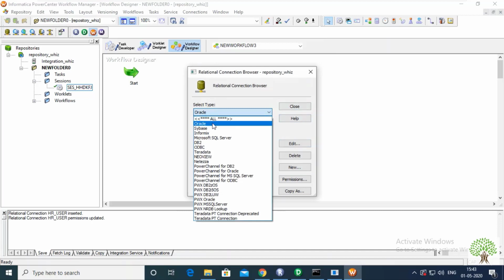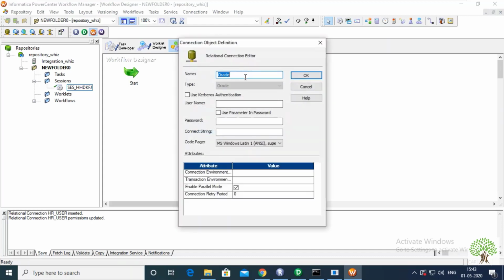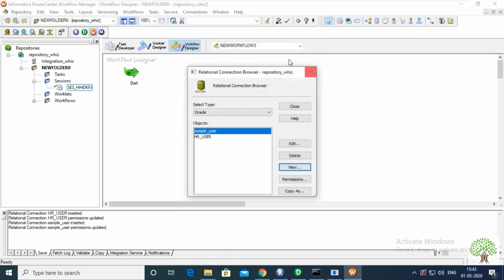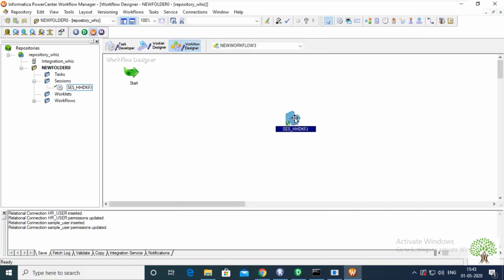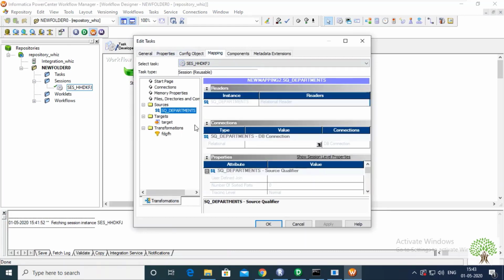I also want to create another relational connection for the new user, that is sample. I go for the sample user, provide the correct name, the password, as well as the connection string. Okay, and close.